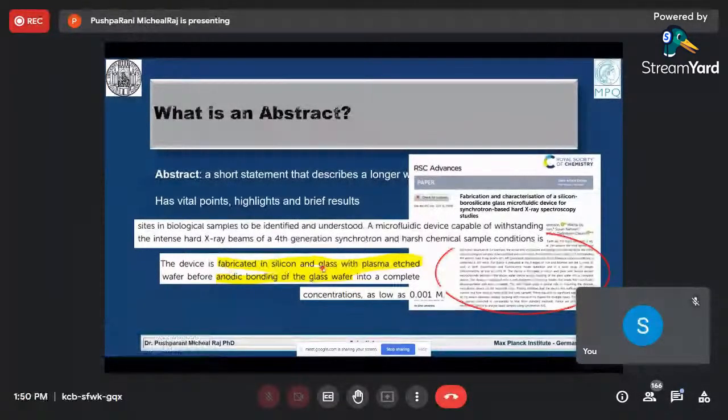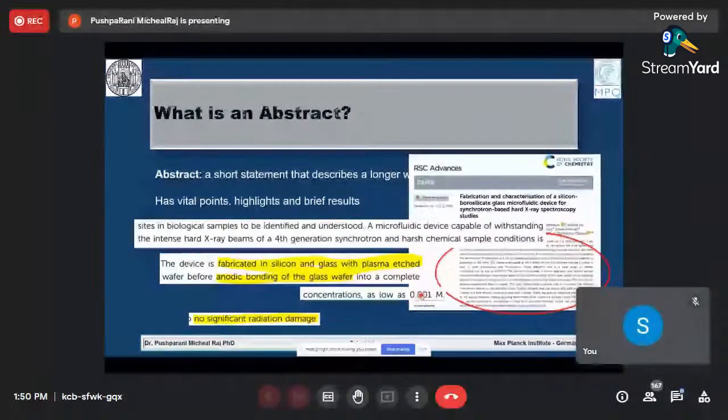So somebody who is looking for the relevant topic quickly gets into the topic and sees, oh okay, this is a microfluidic device and this is how it is fabricated, and the concentrations, yes, okay, this is what I'm looking for. If it's not relevant, they're not going to get into the page anymore. So we have to try to attract the audience and just keep them there.